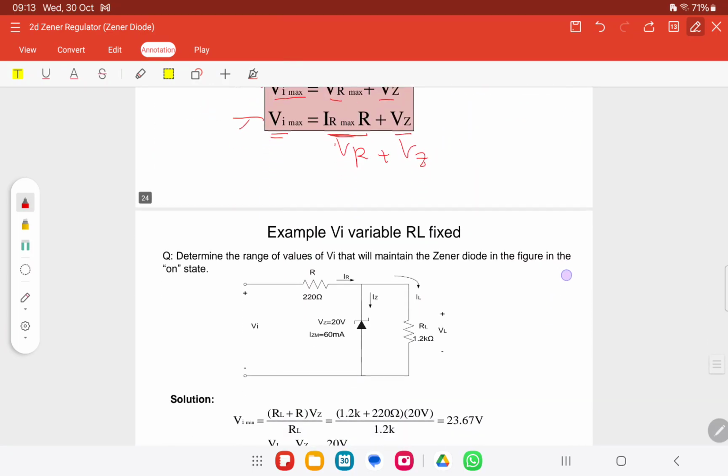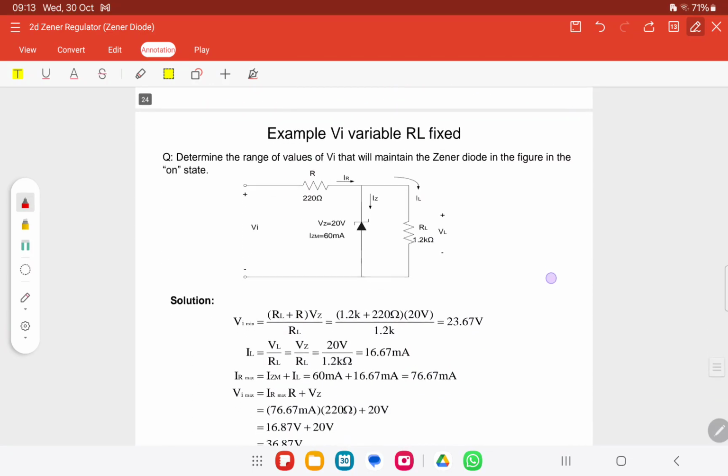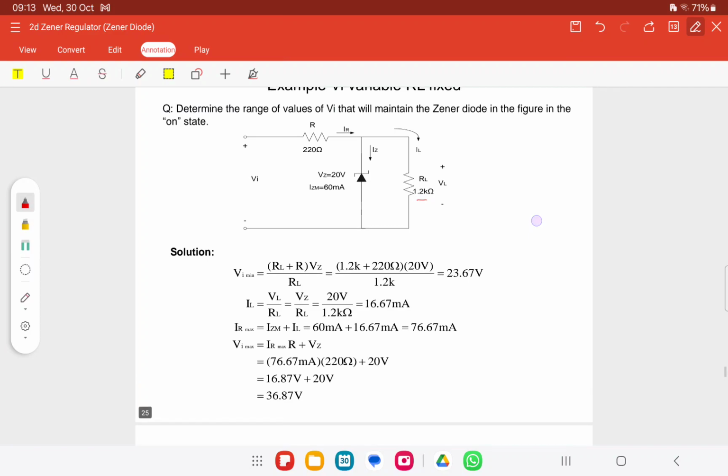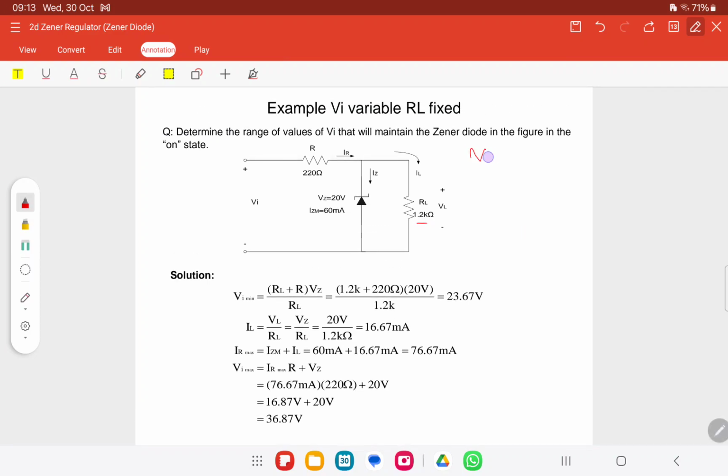Okay, kita tengok some example. For this example, RL is fixed at the 1.2. So first step, kita tengok terus you tulis je, dapat VZ equals to VL, IL equals to VL over RL. So terus boleh dapat the value IL, so this one. Okay, tak perlu fikir-fikir panjang apa semua, terus tulis yang ini, terus dapat markah. Lepas tu kalau macam dah tak ingat nak solve selepas ni, yang ini at least dah tulis, dah dapat markah